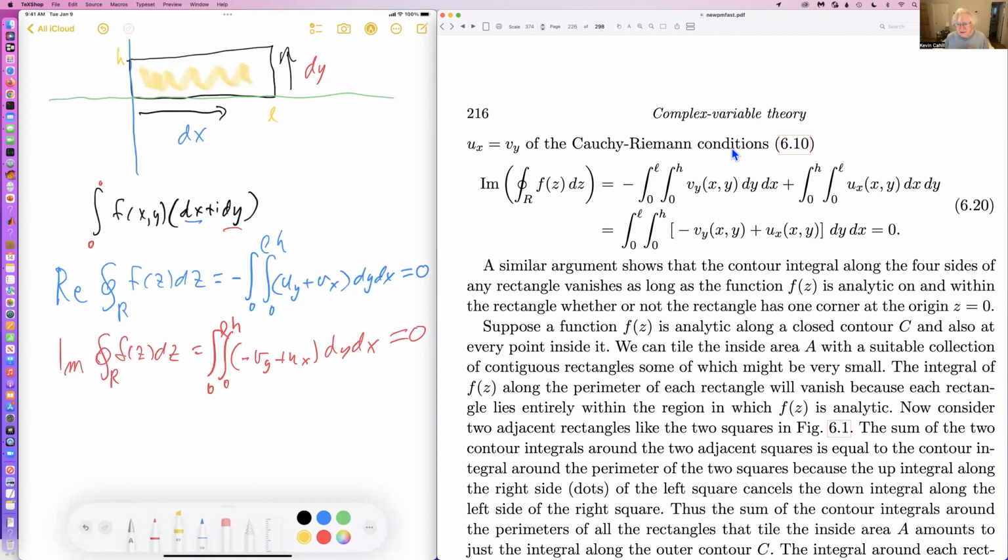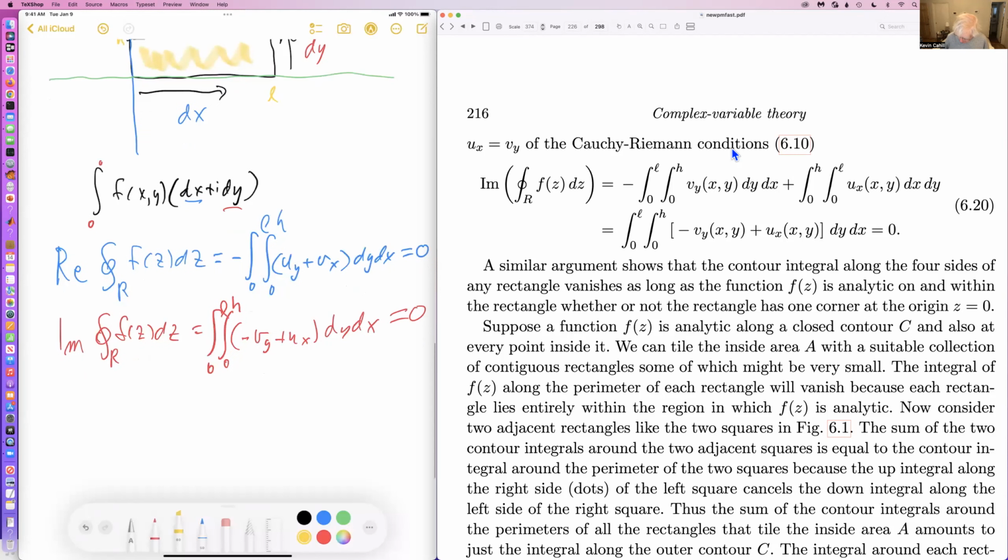In particular, now that we know that the integral around a rectangle of an analytic function, as long as the rectangle and what's inside it lie inside the region of analyticity of the function, vanishes. And so what we have is that